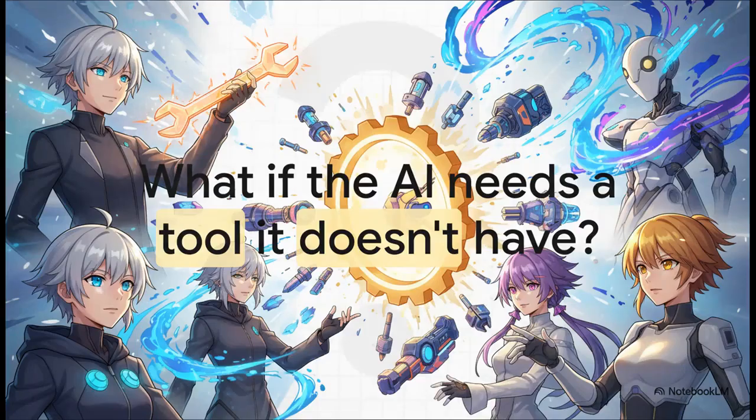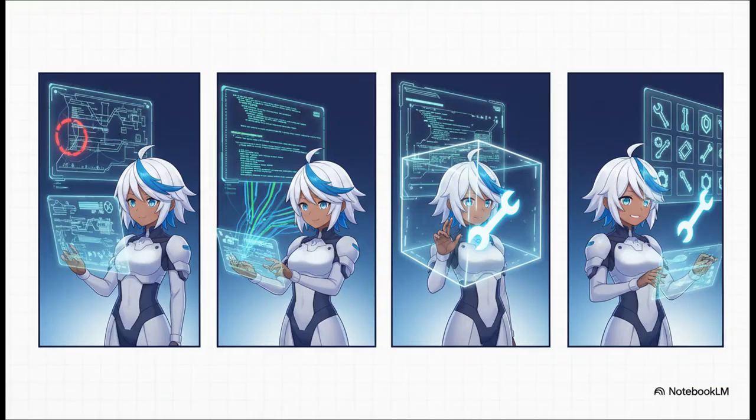Okay, but what happens when the problem is something totally new? When none of the agents actually have the right tool for the job? This is where this whole framework goes from being really interesting to truly incredible. This is the wild concept of autonomous tool construction. The AI recognizes it has a gap in its abilities. So what does it do?